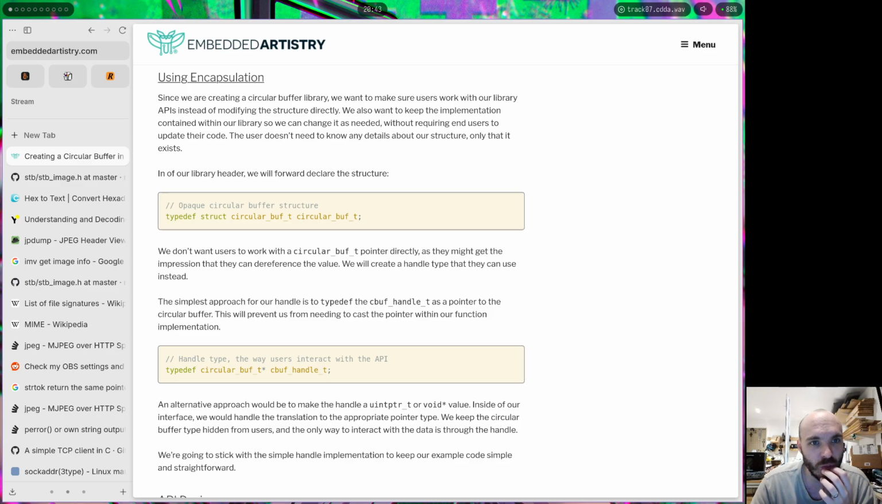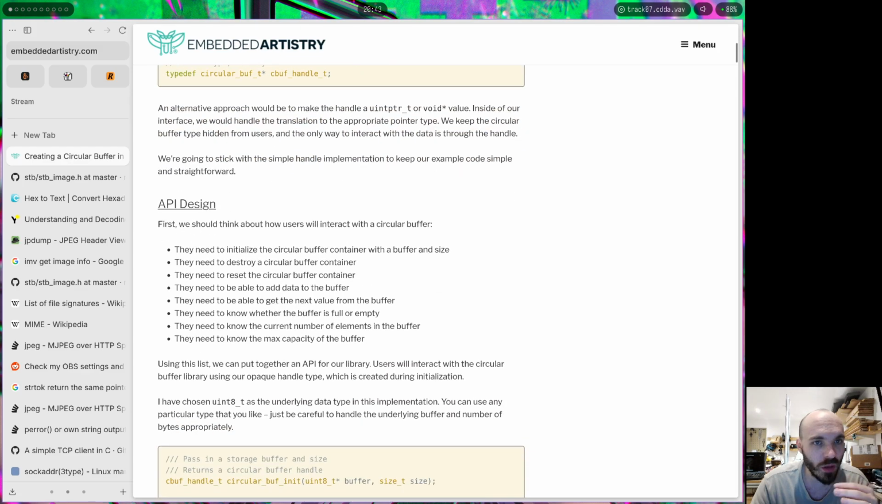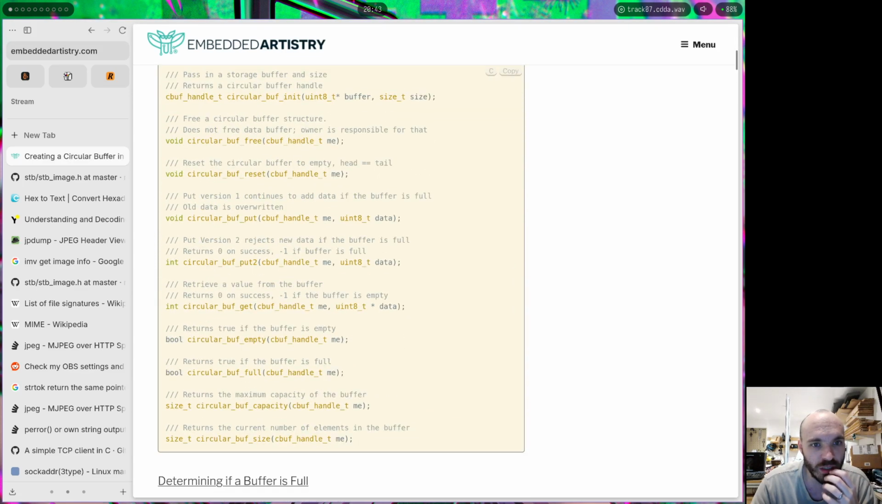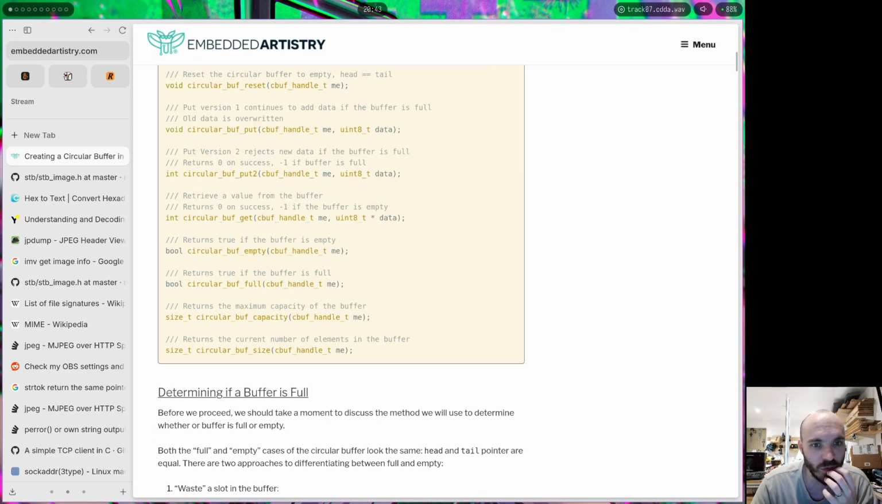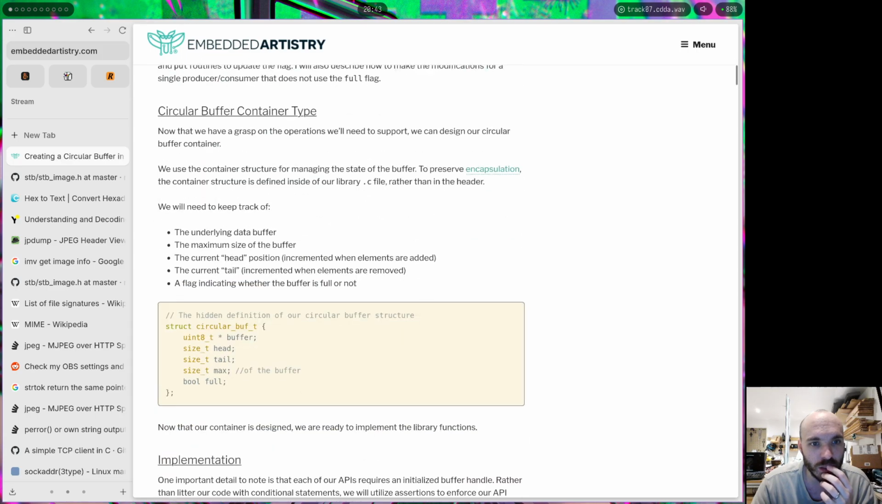I want to make sure they work with the library instead of modifying the structure directly. I don't care about it. I mean, the whole point of C is people can just modify the structure if they want to. So you make an opaque one and you give it a handle, okay, sure. Init, free, reset, put, get, empty, full, capacity, size. Yeah, so in here they don't really do something that just lets you do that because